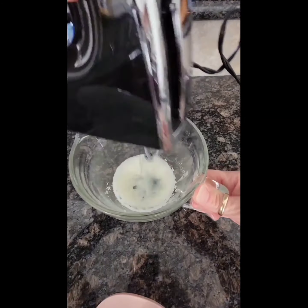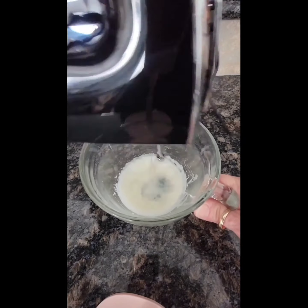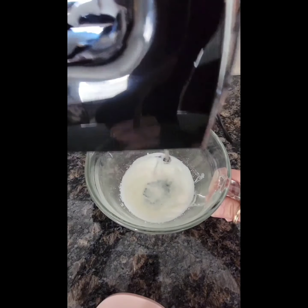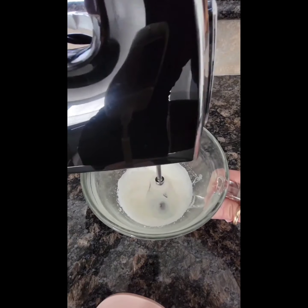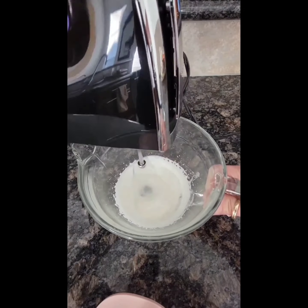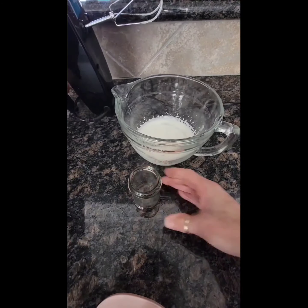Now grab your hand mixer. I did a time lapse here, but I wanted to show you how it starts off kind of a creamy color and a little bit runny. And as you mix it over the next few minutes, it gets lighter in color and a little bit thicker and denser. You'll know it's getting close to being done the lighter it gets in color. And there we go. That looks done to me. Now to fill up the container,